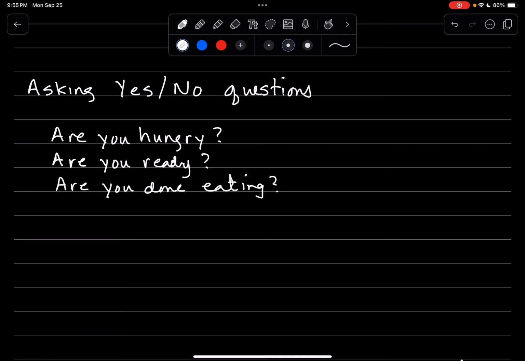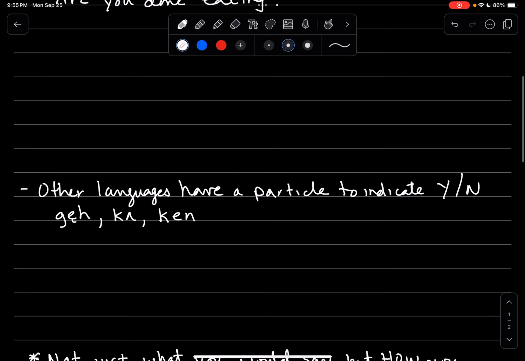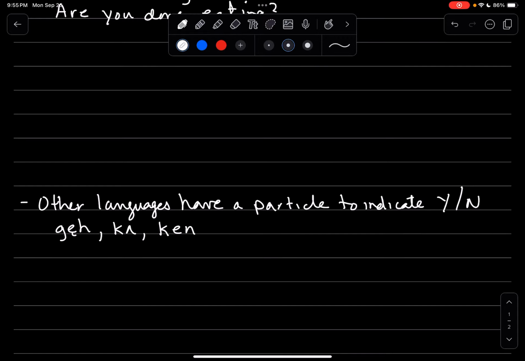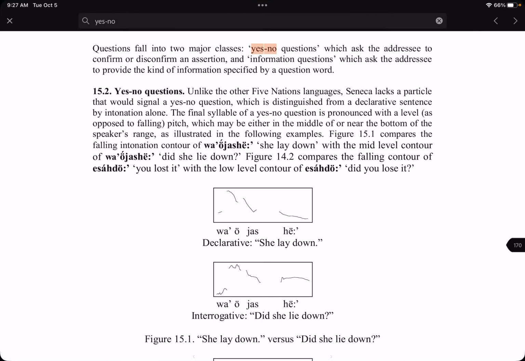So in English, I say, are you hungry? And I would say, Sadoswe Dani. Are you ready? Sade Saon. Are you done eating? Sa Daon. So I would ask them that way. And maybe you did too when you thought about how to do that. But after listening to how people did it in the other languages, it got me thinking. And then what really got me going was when I came across these right here,